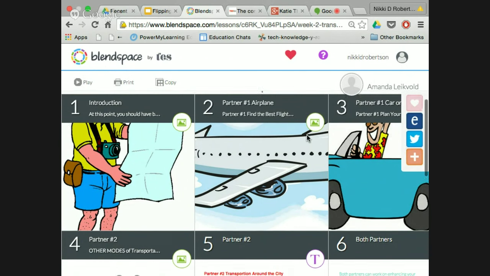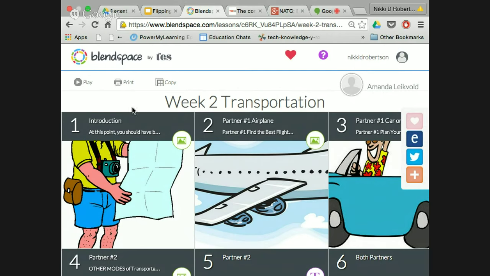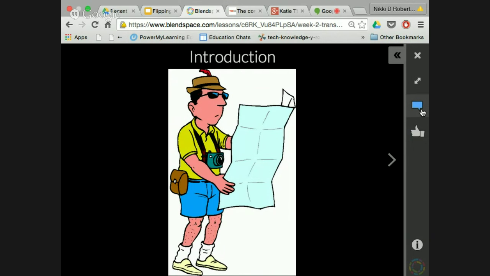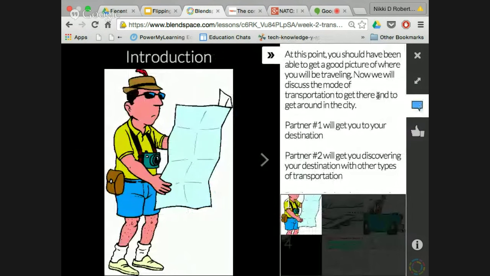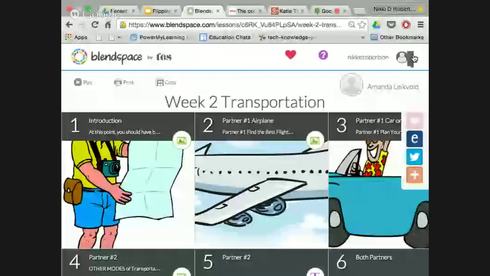And so what she did is week by week, she did a blend space for each, depending on what week it was, and she has all their directions for you. And then she posted through while she was at home, because it's blend space, she could still see what they were doing in real time, respond to them,